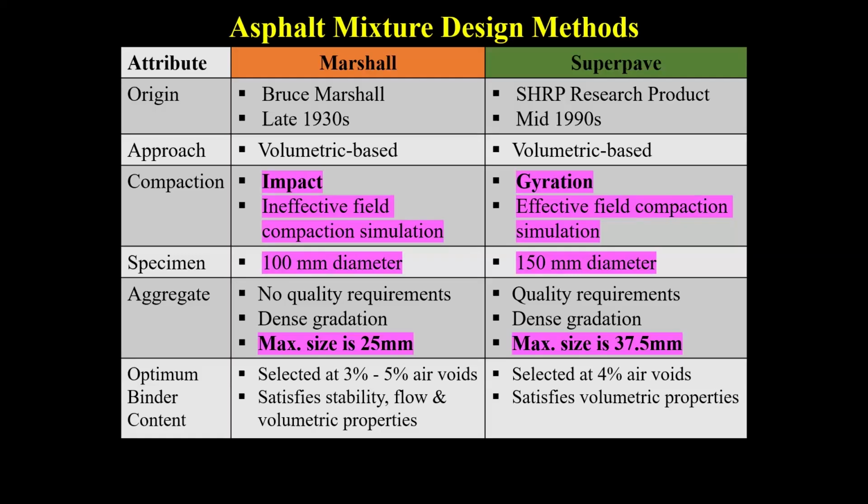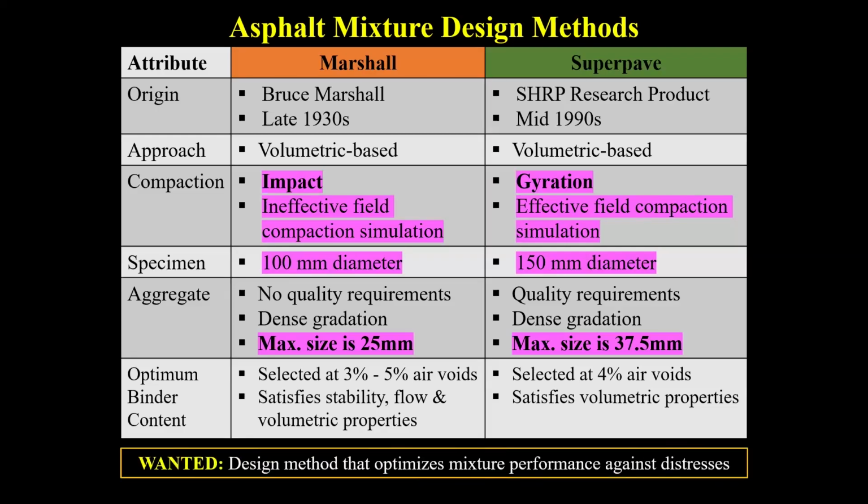problem. So research continues. And so there's a need for a mix design method that will optimize the mixture performance against several distresses. So we don't want the mix to be performing so well in addressing, for example, rutting, and then cracking will be left out. So currently, the design concepts, that is